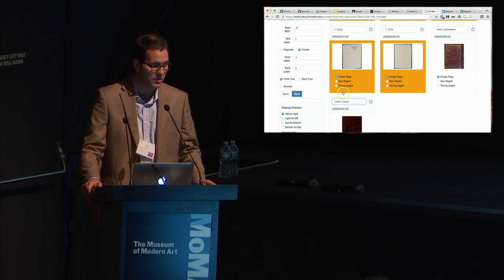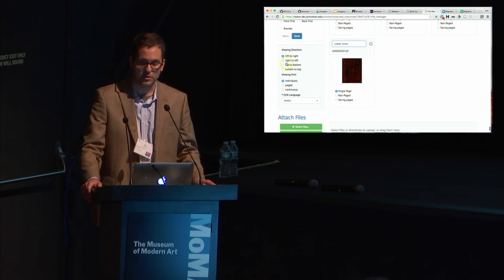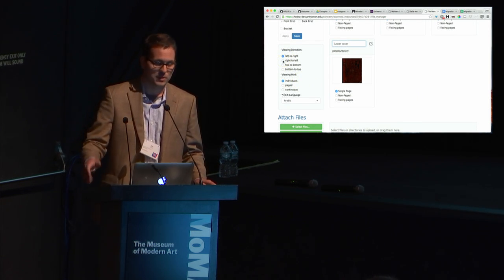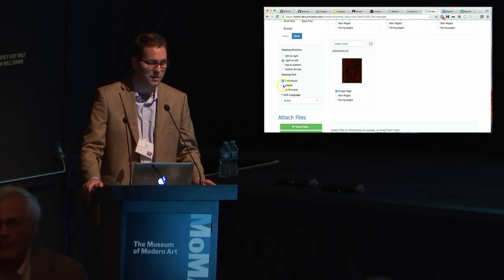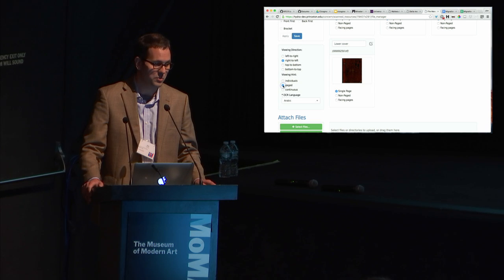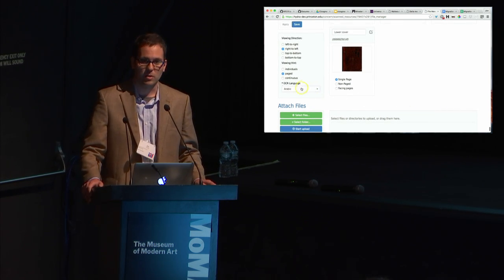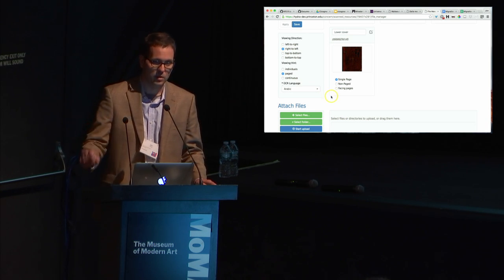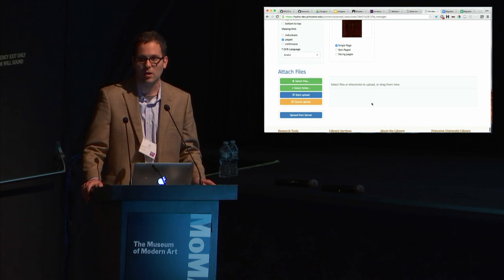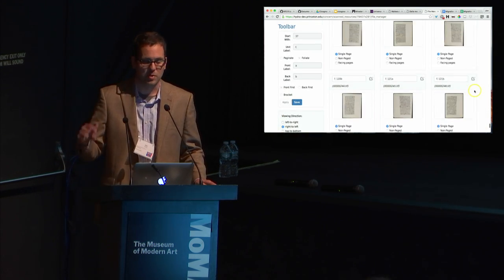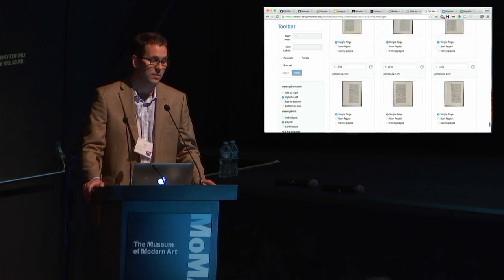And there's a few other things we can set at this point. We can set the viewing direction. Tom already showed you what's coming, but we can set the viewing direction to right to left. We can set this to be a page object. And also, just in case the language didn't come in correctly from the metadata, or there's something more specific, we can reset that and rerun the OCR. That's continuing to happen in the background as yet another process. So we'll save,